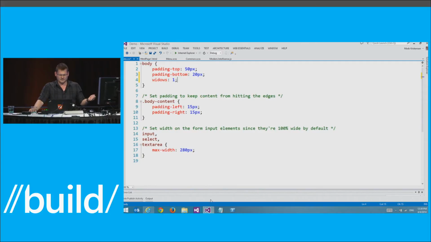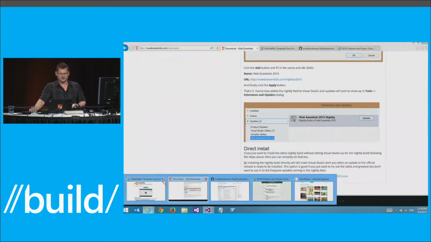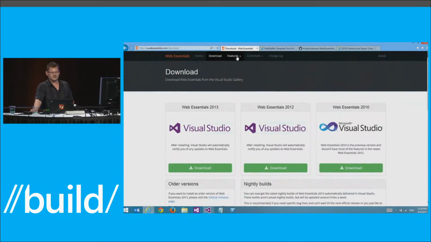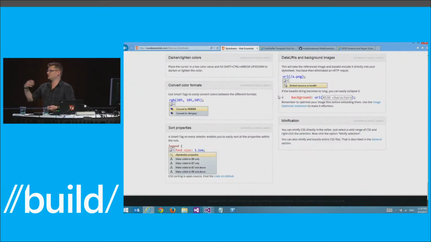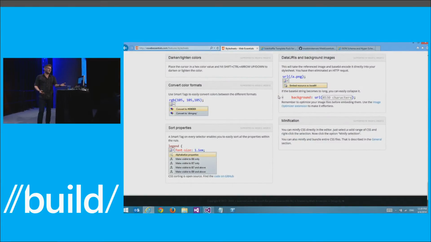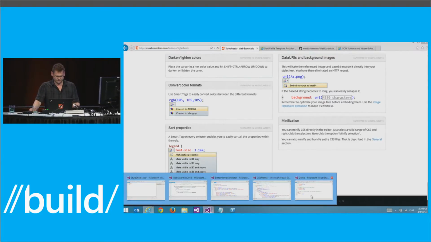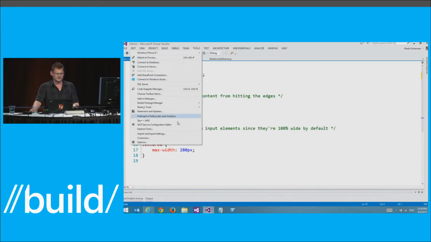And there's a lot of them. And sometimes it can be difficult to figure out what features are actually in there. So we could go to the documentation and see what the features are. Let's go to style sheets. You know, there's a lot of them. Some of them apply to VS 2012. Some of them apply to 2013. Some to both. But another way we can get a good overview is if we just go into Tools Options